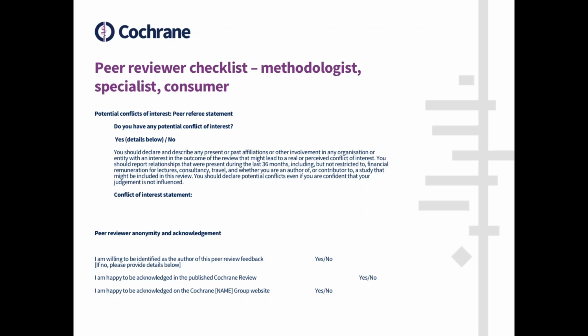You should recognize these because these are already contained on the standard generic documents that have been in use by, I would suggest, most CRGs that were put together originally by the Editorial Resources Committee. So there's the potential conflict of interest, which must be completed by the reviewer, and also the peer reviewer anonymity